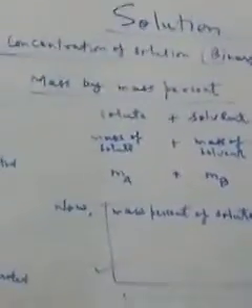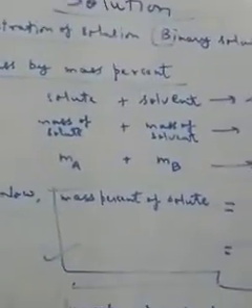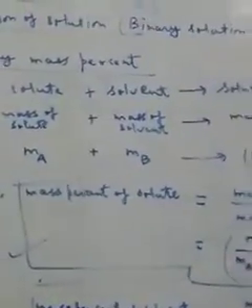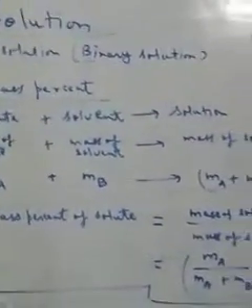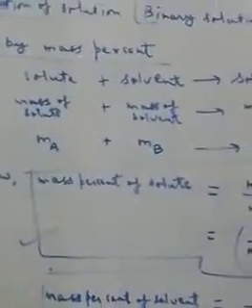And especially if we are talking about a binary solution, then only two parts are there in that binary solution. One part is called solute and another part is called solvent. So solute and solvent combine to give a solution, where solvent could be solid, liquid or gas, and solute could be solid, liquid or gas. Earlier we have seen different types of solution.